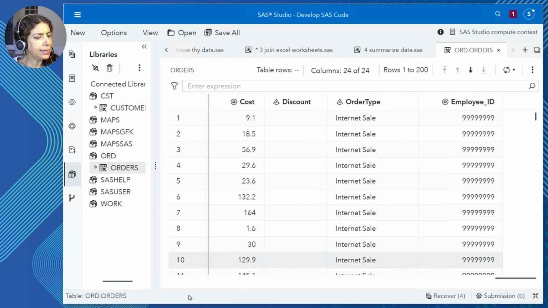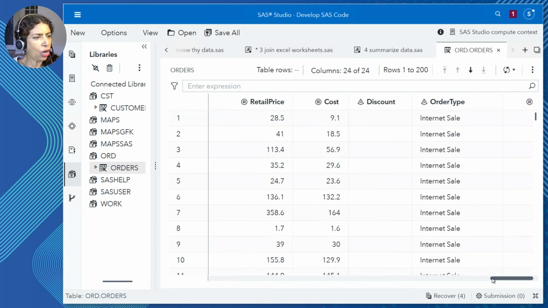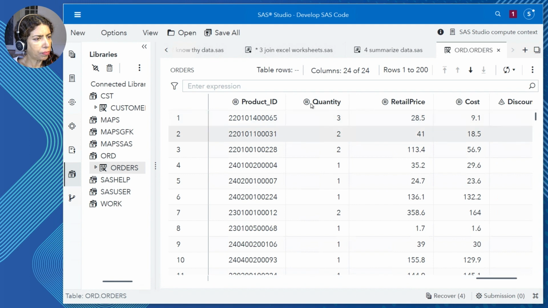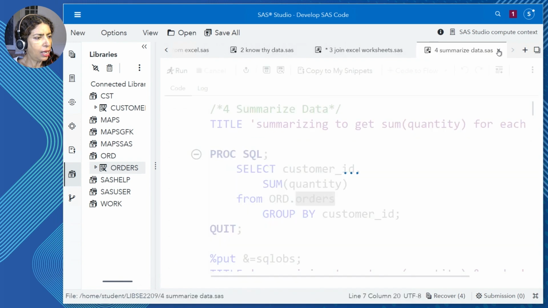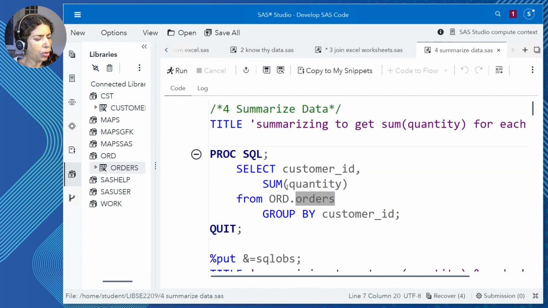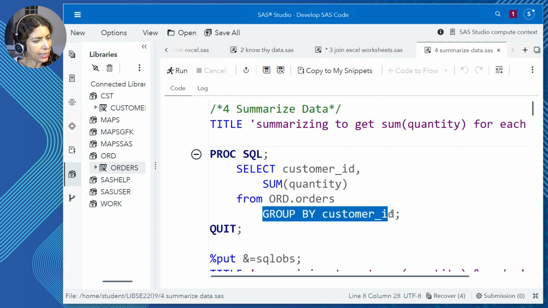dataset is things like numeric columns like cost, discount, quantity. I'm super interested in how much quantity each customer ended up purchasing. So I'm going to group the data and try to get a sum of quantity. I'm going to group the data by customer ID, and that's as easy as it gets.